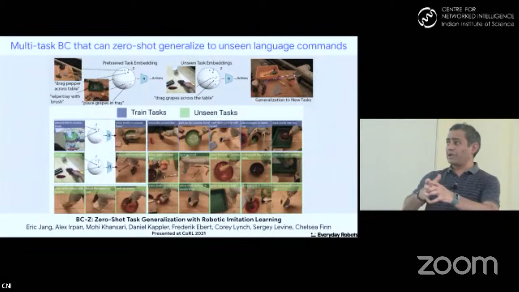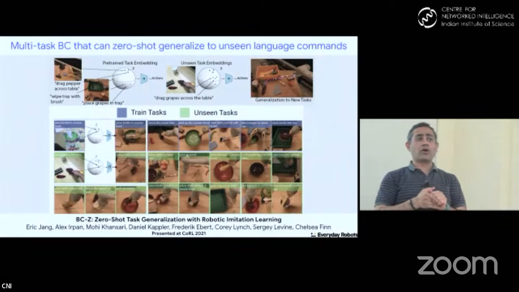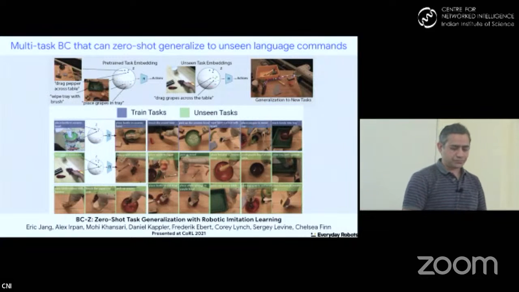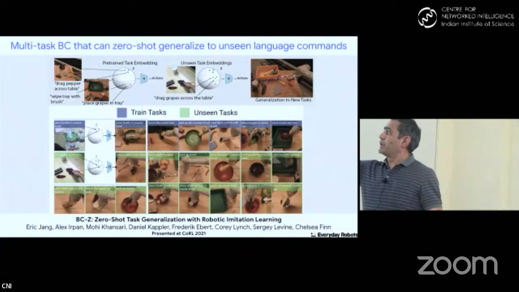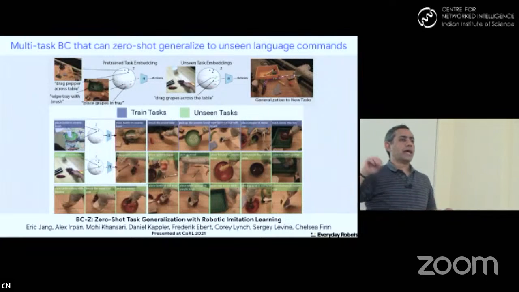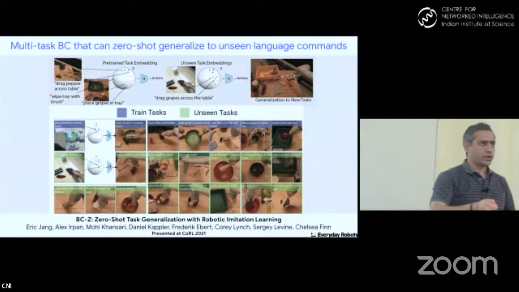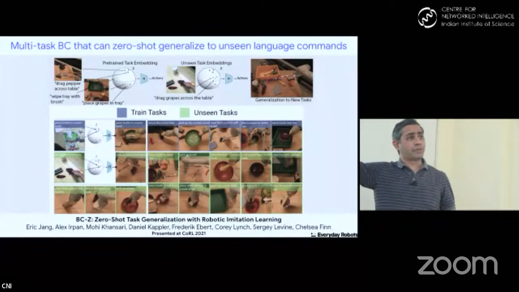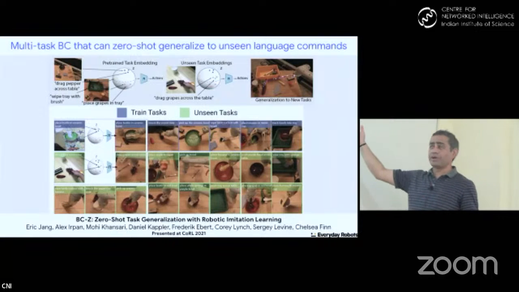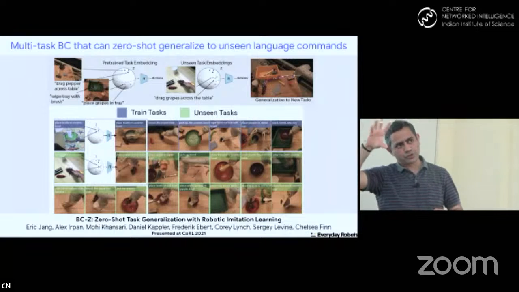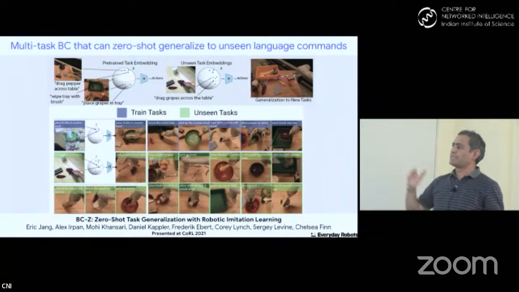So basically, we were given different kinds of tasks, and all of them came with a language condition, like, hey, put the banana in the red cup, put the spoon next to the cup, right? And then they actually teleoperated the robot. Here, the input space was again an RGB image and freeform text, and the output was a 7 degrees of freedom gripper pose plus gripper open close, and we basically trained a